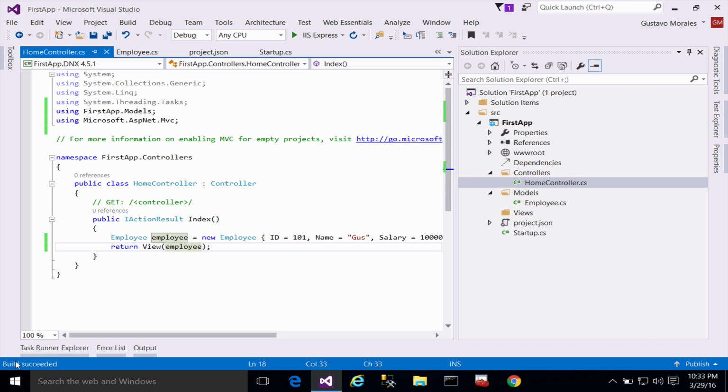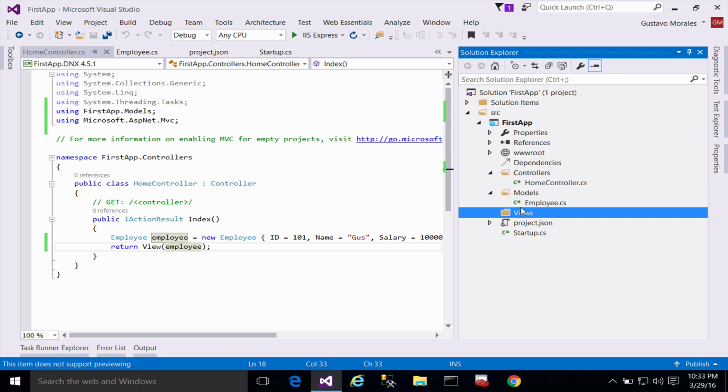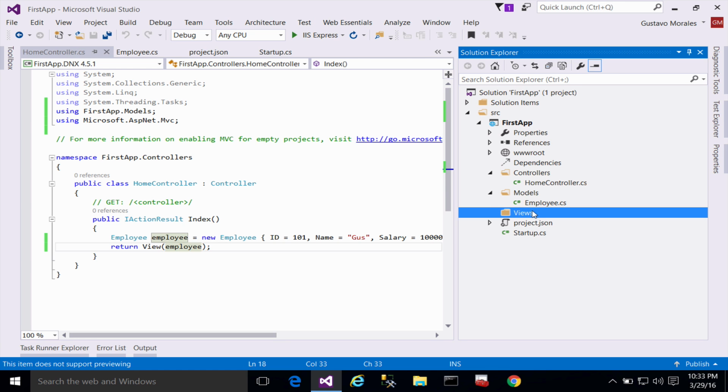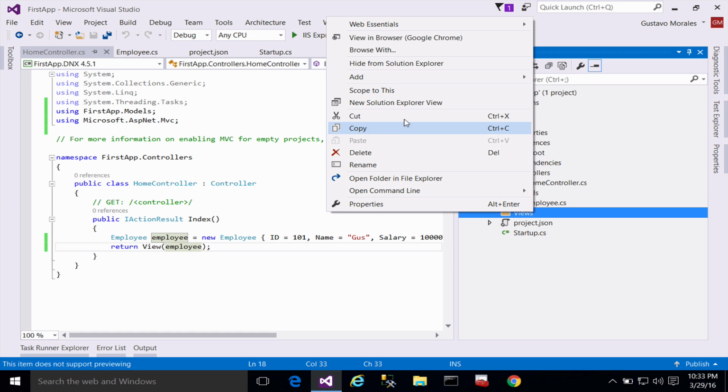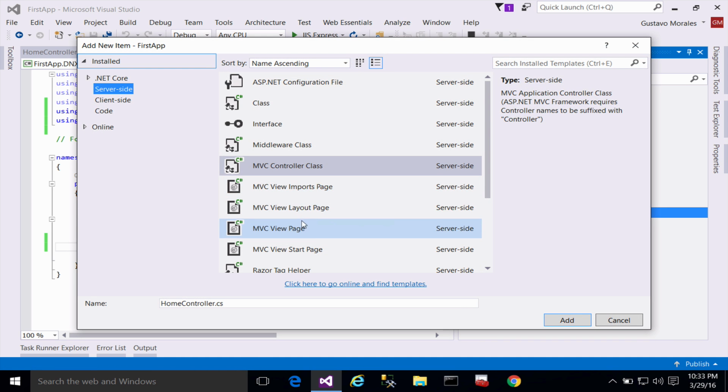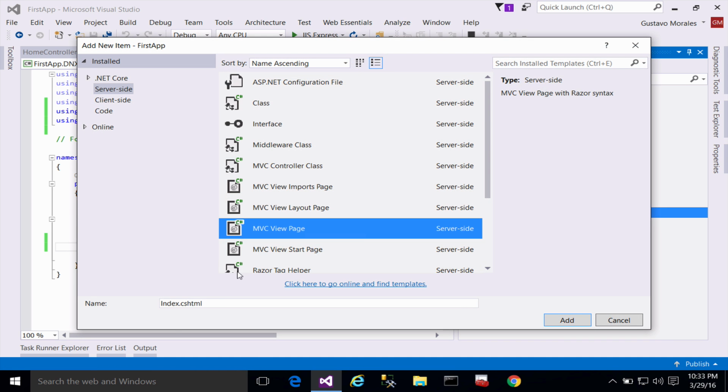The last thing we need to do is to create our view. But in our views, we need to add another folder. And I'll hold off on that. Let's not create it. Let's just create our class. Right here, I'm going to select MVC view page, which is what I need. And I'm going to leave the